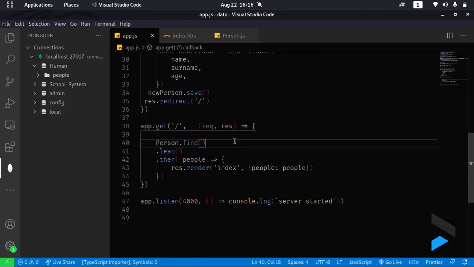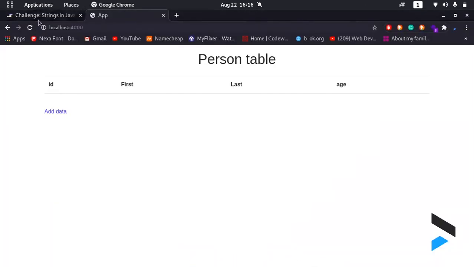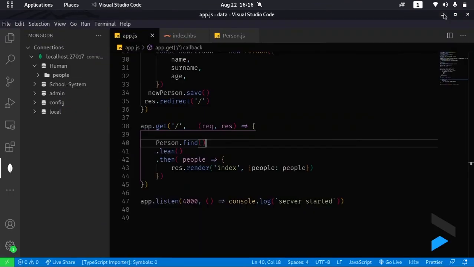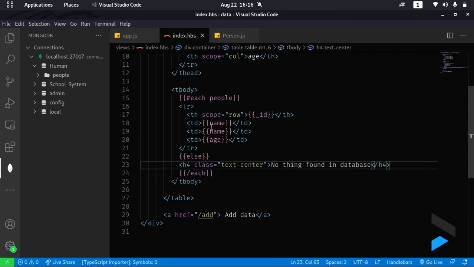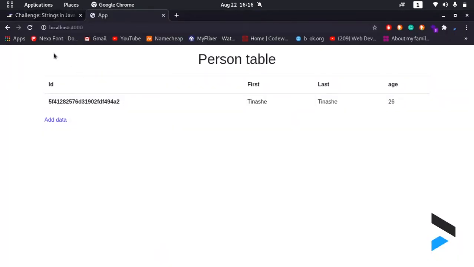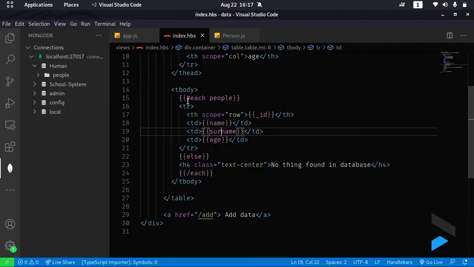So what is going to happen when I use the lean function? Let's save and refresh. Now we have our data, we have our ID, everything is working. Now let's try to see why I put the name instead of the surname. Let me just put the surname and see what is going to happen. And the data is working, right? So this is the simple way to fix the rendering problem